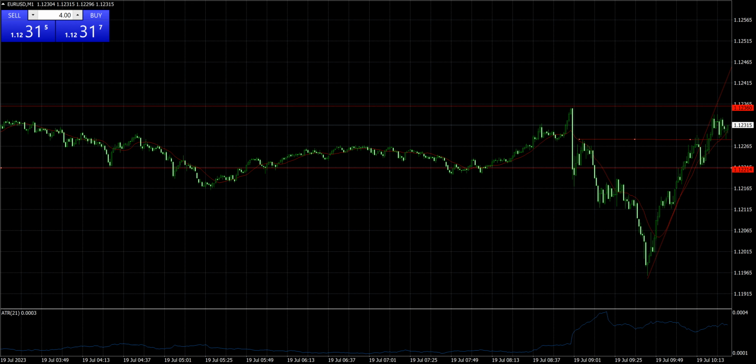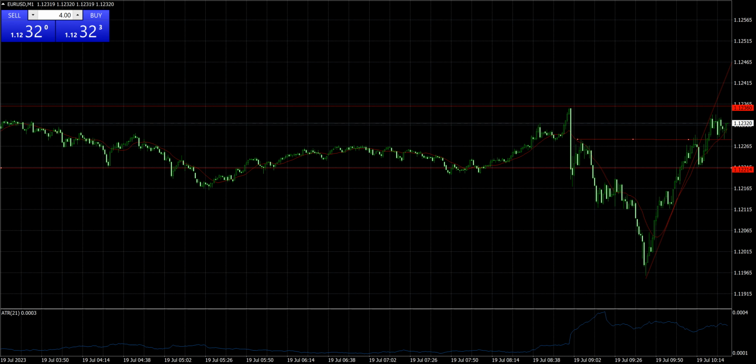That's it. Pretty much 1.2R, give or take, done and dusted. This will be another entry right here for those of you risk takers. But like I said, it's risky. It could be a false break. And more than likely, it will continue to go up. But it's a risky trade for me, risky environment.